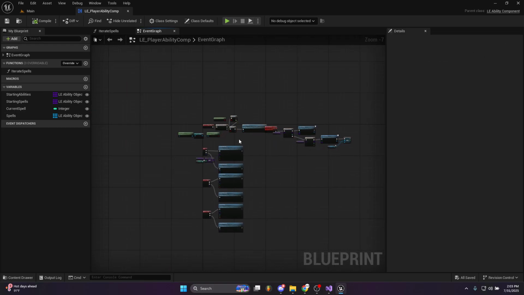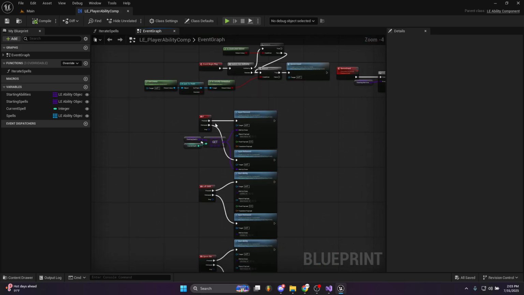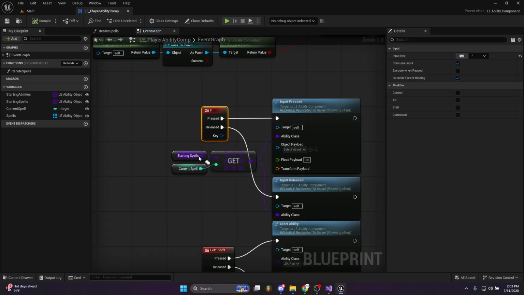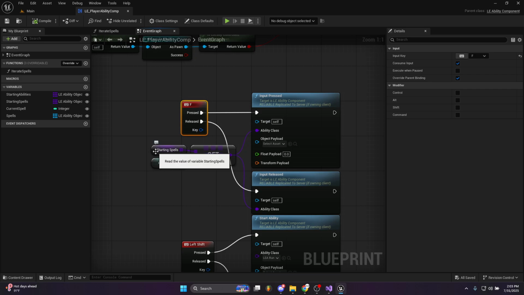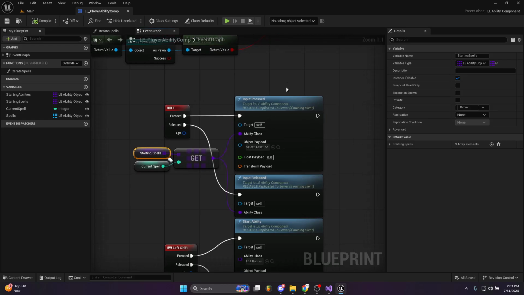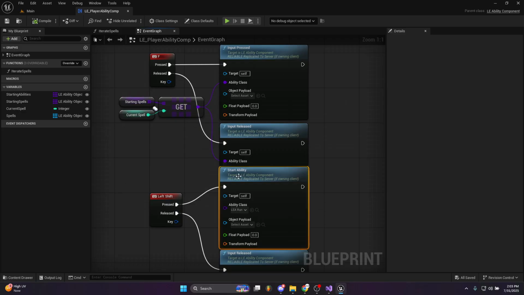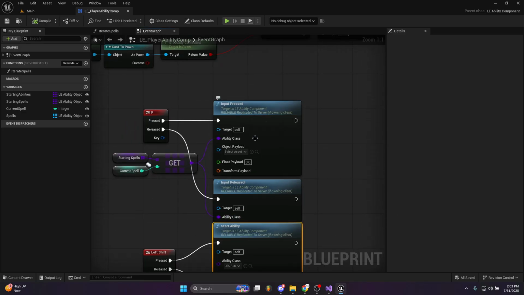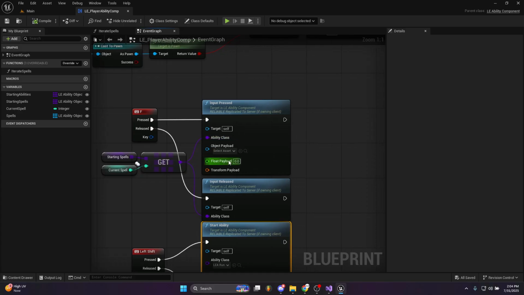You have to be granted your abilities. And then there's your input. So I press F for my spells, and it just gets my list of starting spells, and whichever current spell I'm on, it'll do the specific one in the index. And so you can either do start ability by class, or input press by class. And you have 3 different payloads to use. So really, if I could hide these, which I don't know how to do that yet, if I figure that out, I will hide these in like a,